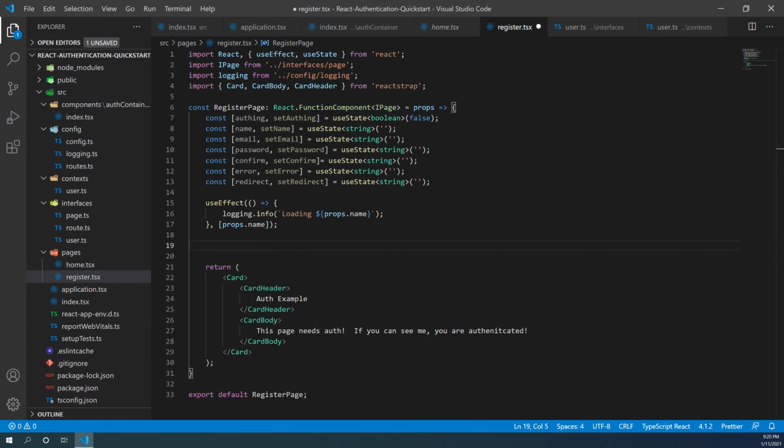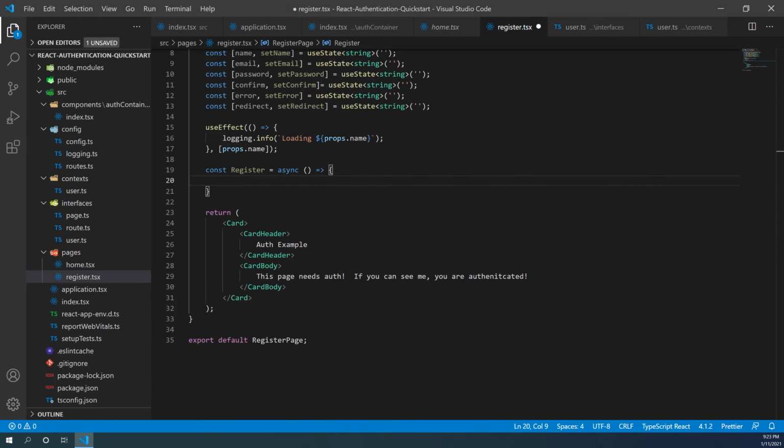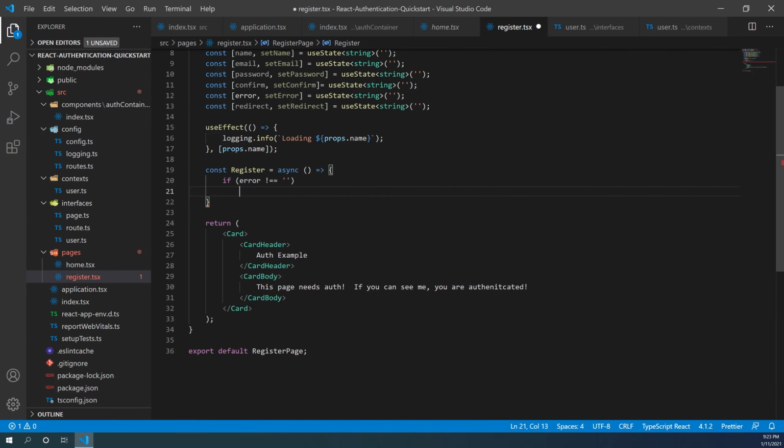So for the register page, we're going to go ahead and create a function that is going to be called when we click the register button. We're going to create a const register, and we're going to make that equal to an async function. Inside of it, at this moment, you could do a little bit of housekeeping, and you could do that by doing some really rigorous error checking here. I'm not really going to do that much here for the sake of saving time. So all I'm going to do is check to see if we have an error. And if we do from the previous run, I'm just going to set that error to null. But right here is where you would check to see if your passwords match and you have an email that's proper, and maybe some